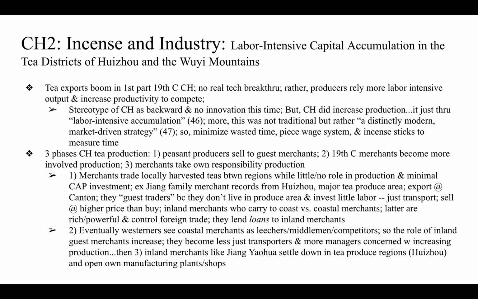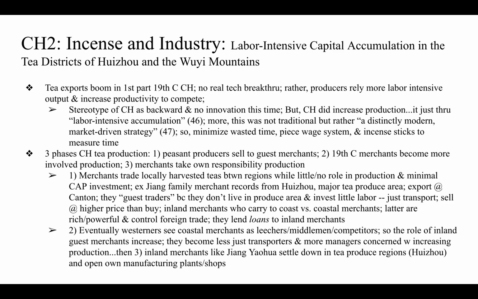And then in chapter 2, he looks at what's called Incense and Industry, Labor-Intensive Capital Accumulation in the Tea Districts of Huizhou and the Wuyi Mountains. Tea exports boomed in the first part of the 19th century in China. Now, there was no real technological breakthrough. Rather, producers relied more on labor-intensive output and an increase